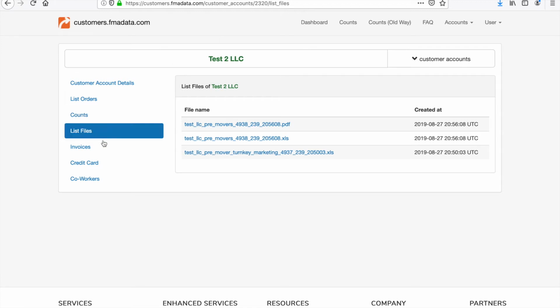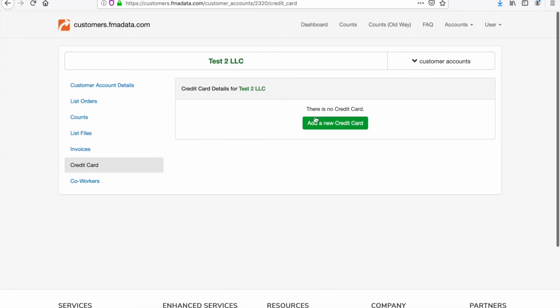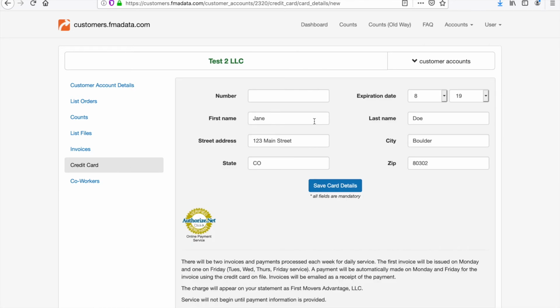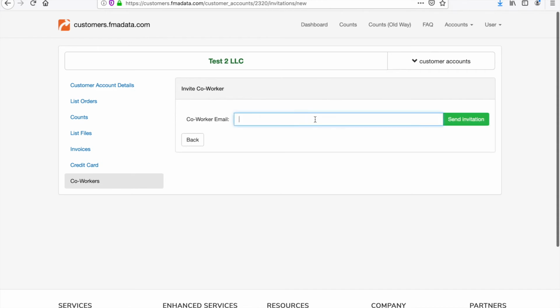You can also download invoices through your dashboard. Additionally, you can change your credit card information here. If you wish to invite other coworkers to use the website, you can invite them by filling out their information